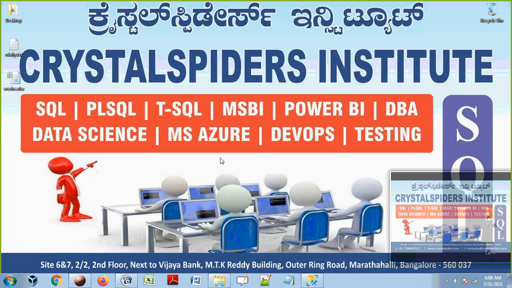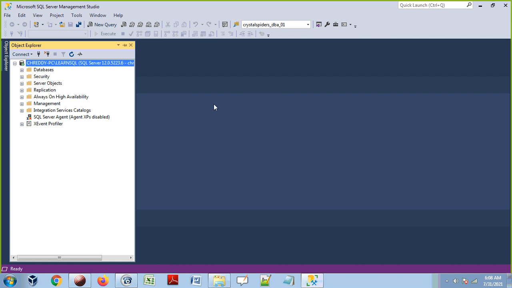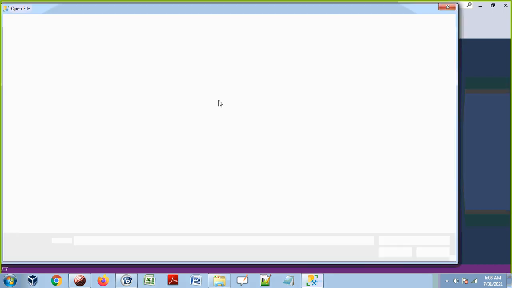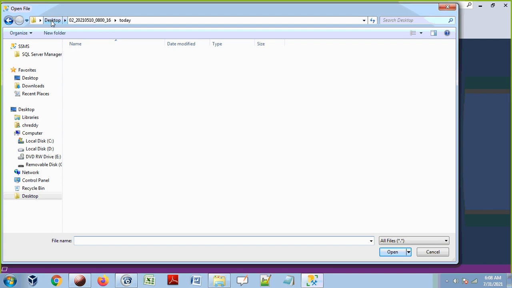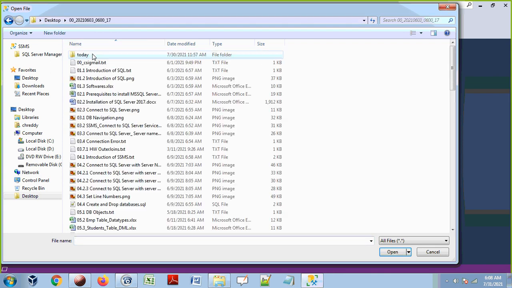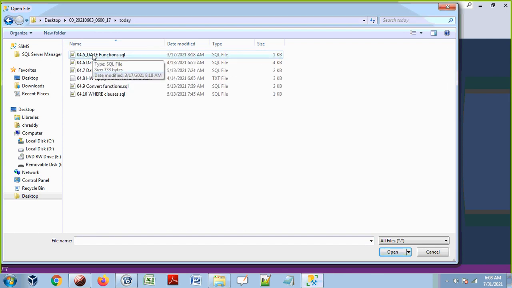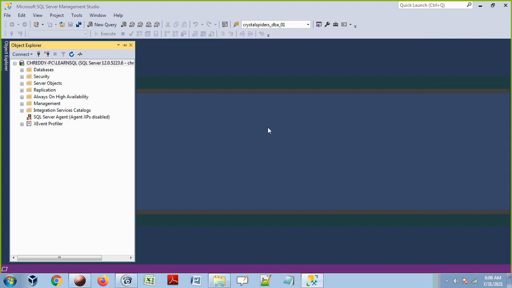So now we are going to see what are the available date time functions, and how can we apply these functions on the date and date time type of columns or variables. Okay, we are going to see that, guys. Let me open the date time functions file, and we'll check each and every date time function, how these functions behave. Let me go through the list of the functions that are available.